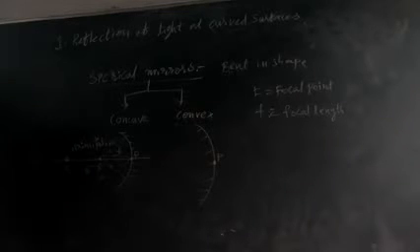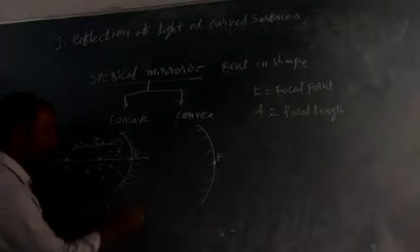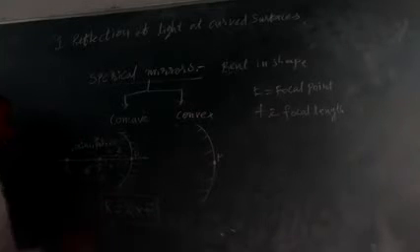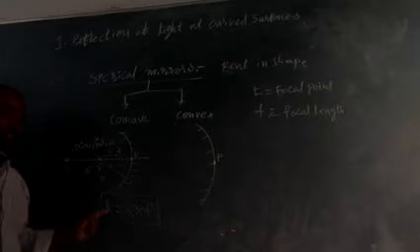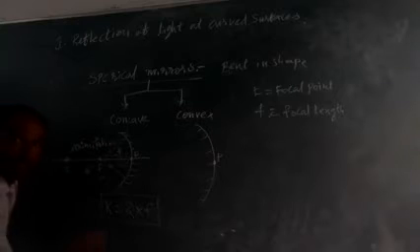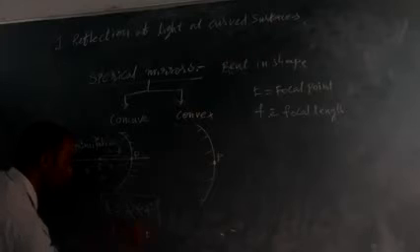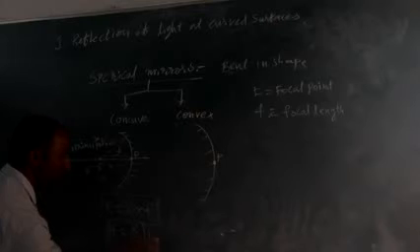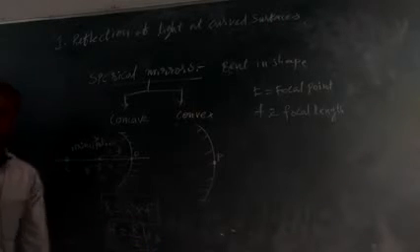Which is denoted with the capital R. Here R is equal to 2 into F. R is nothing but 2 times the focal length. Radius of curvature is always 2 times greater than the focal length. That's what I am going to write here: F is equal to R by 2. This is the formula which will be helpful in calculations or problems. We are going to see problems right now.